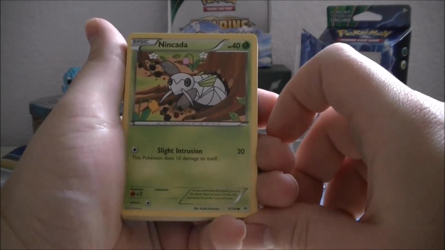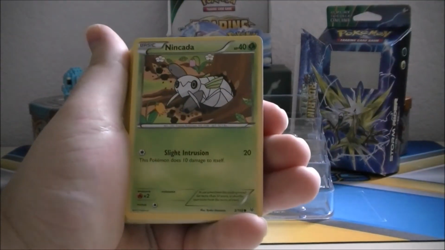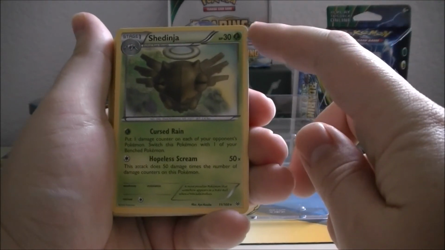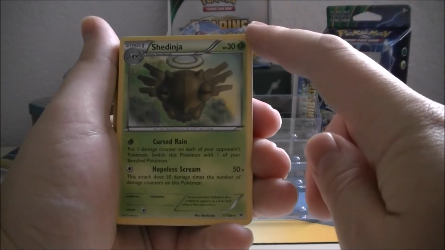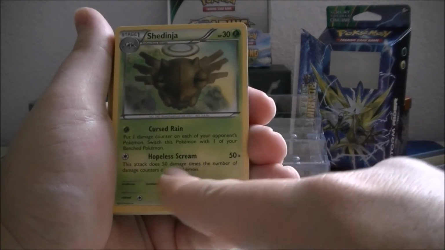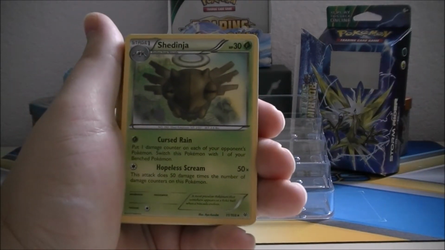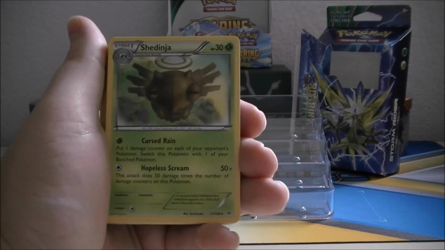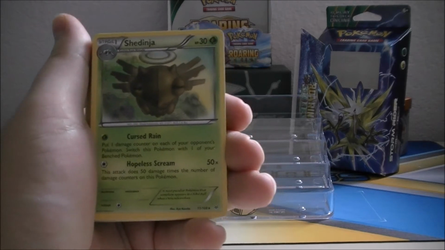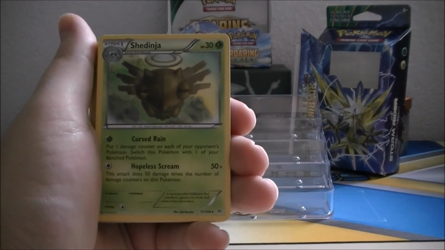Next up is probably one of the lines I see having the most potential for play in the deck, which is a Nincada and Shedinja line. Despite their very low HP, 40 in the Nincada, and then it actually goes down when it evolves to Shedinja, this move right here is insane. Hopeless Scream, 50 times the number of damage counters on this Pokemon. I'm playing around with a few different ways of this deck. I've gone at it via 3 different methods so far, and I'm also thinking this guy might actually be good with